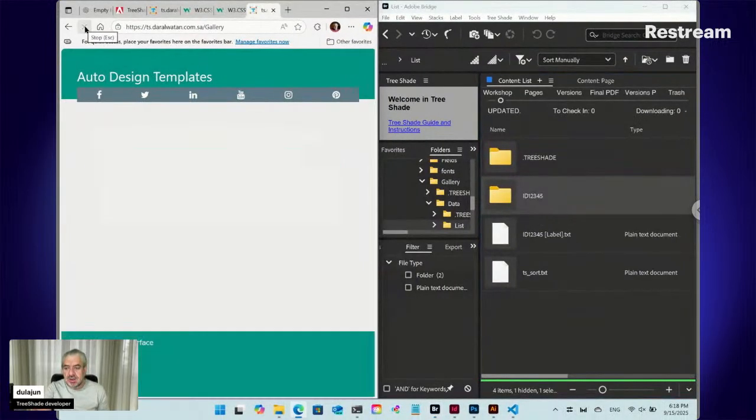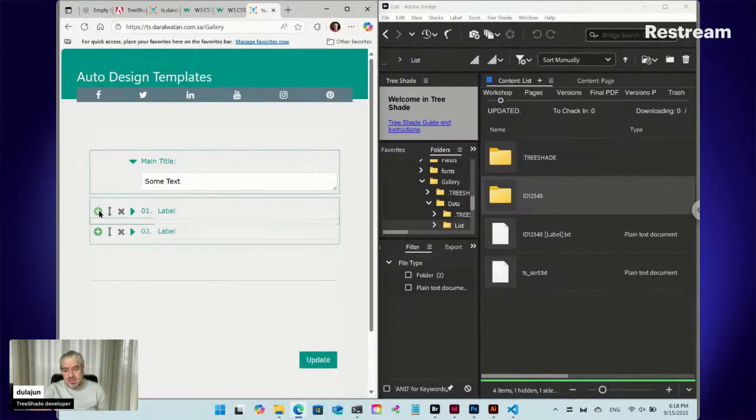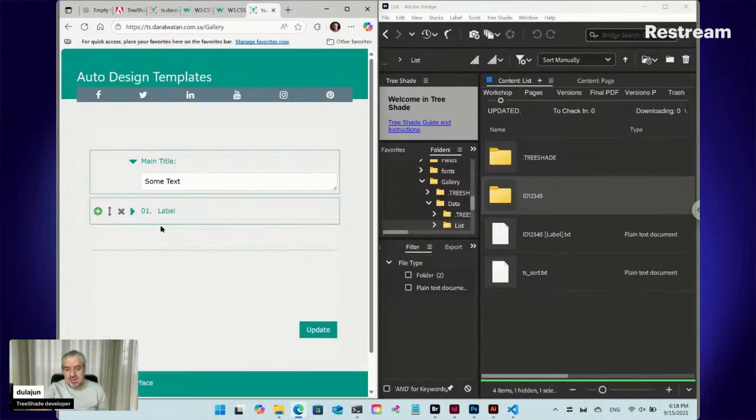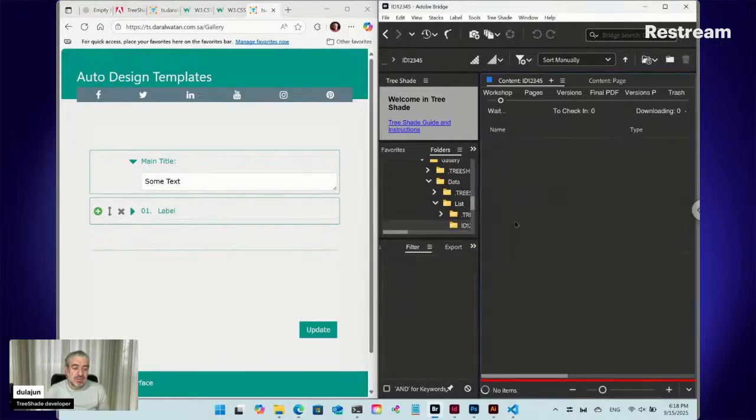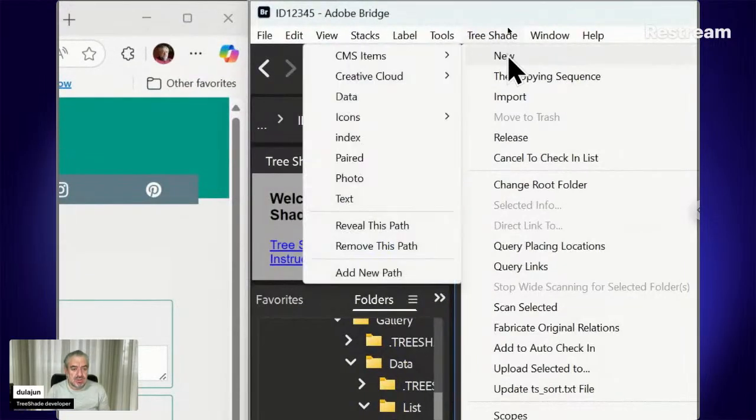If we refresh now, you will have the same thing in the list that we can add, and also the container. It plays as a container. So here inside the folder we want to put 3 items: photo, title and description. So from the TreeShade menu, select new photo,